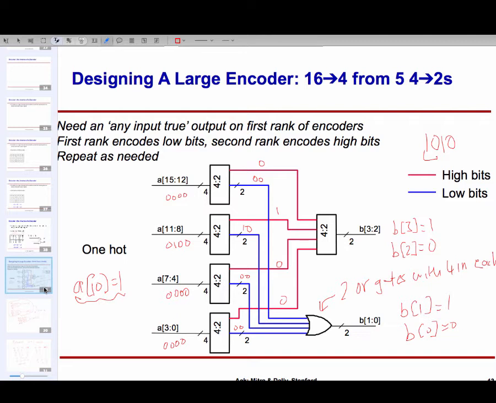If the 4-bit input was 0, 0, 1, 0, then the blue wire will have the value 0, 1. If the 4-bit input was 0, 1, 0, 0 as shown out here, the blue wire would have the value 1, 0. And finally, if the 4-bit input was 1, 0, 0, 0, then the value out here would be 1, 1.